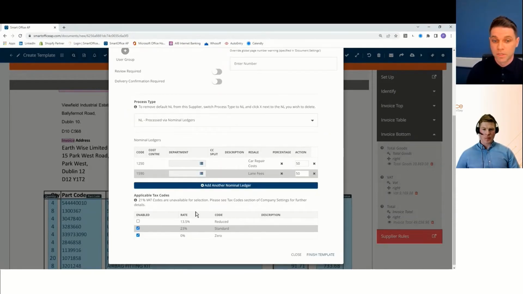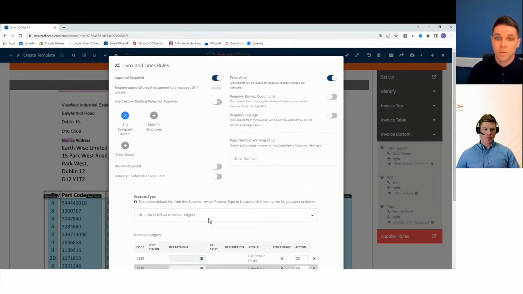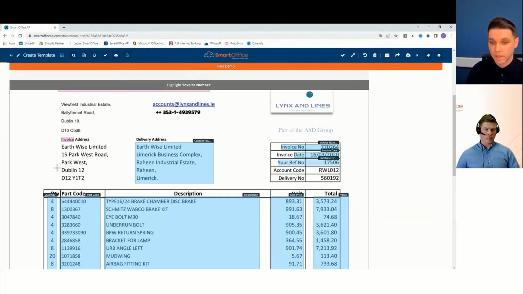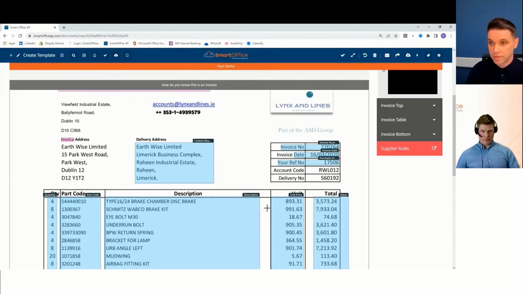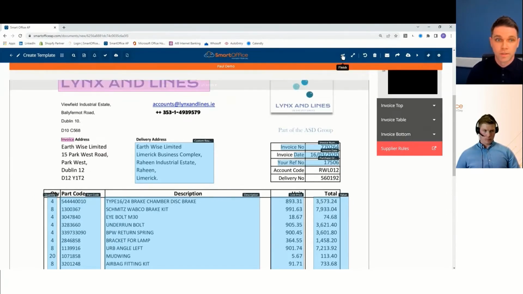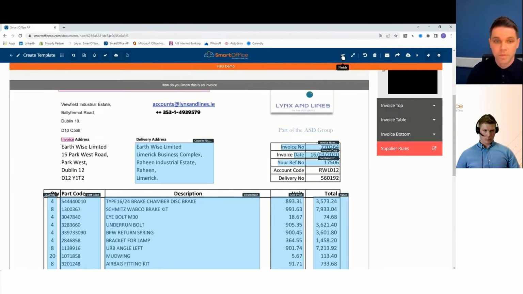And we also deal with multiple VAT codes on the one invoice as well. So as you can see, once we've set up the system on your preferences, we do all the heavy lifting via the AI brain. First time we ever see an invoice, we'll ask for confirmation. And once that's done, it'll never be asked again. That supplier is now set up on your system.